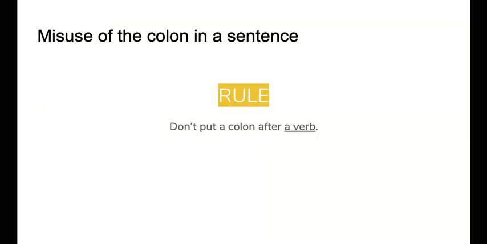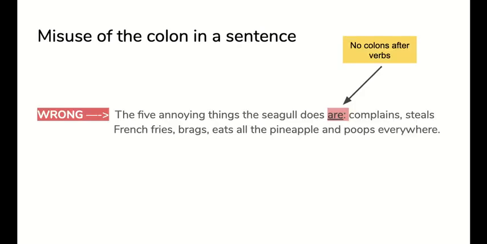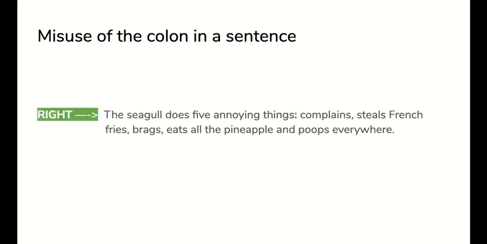Now there's a rule with a colon, and you don't want to misuse a colon in a sentence. The rule is simple, but a lot of people make this mistake. Do not put a colon after a verb. For example, this is wrong: The 5 annoying things the seagull does are. That would be wrong. Are is a verb. We don't put colons after verbs. So we fix it by just taking the are out: The seagull does 5 annoying things: